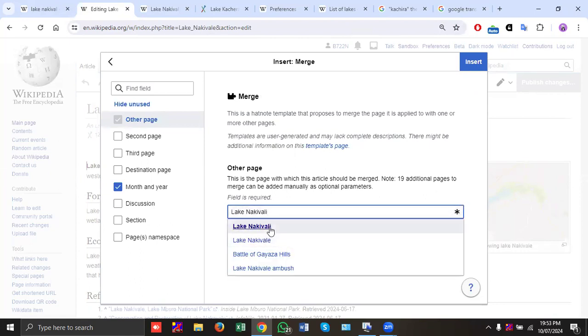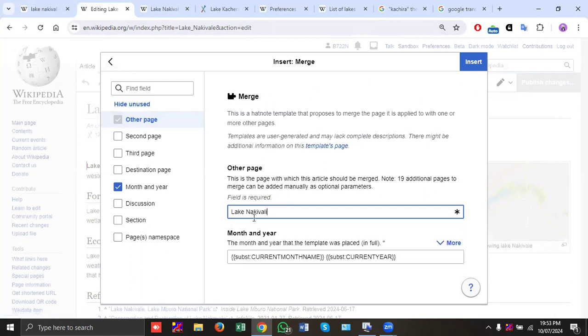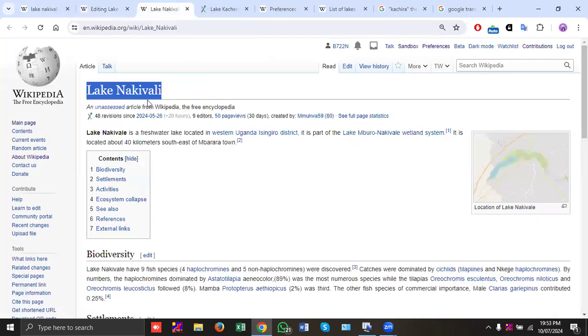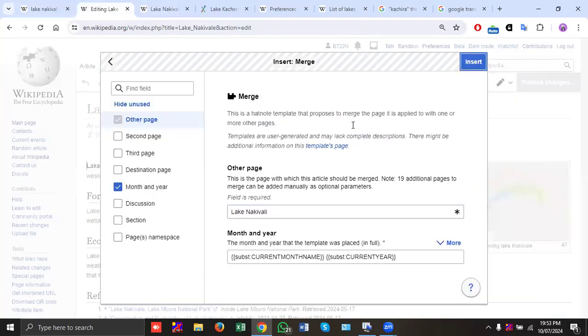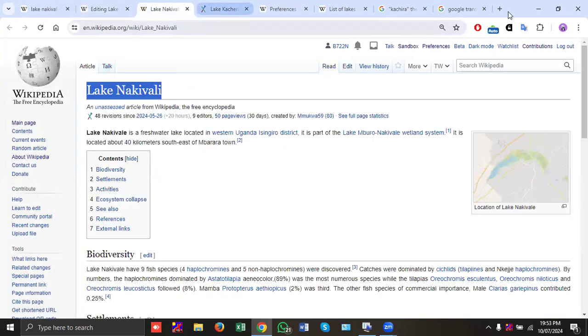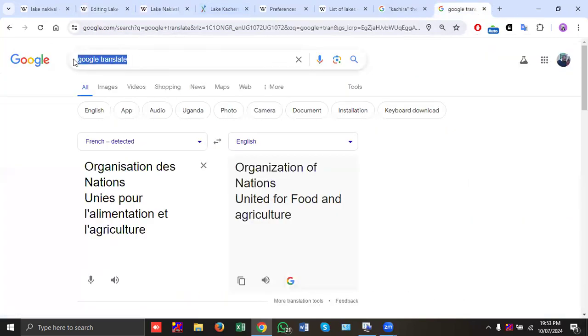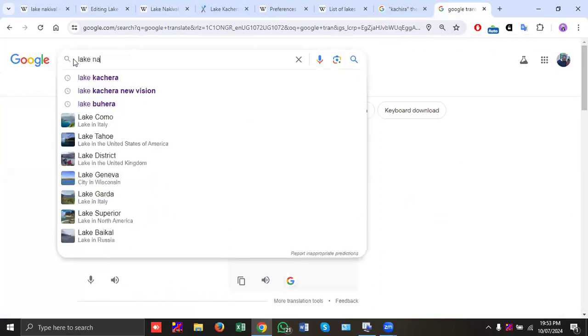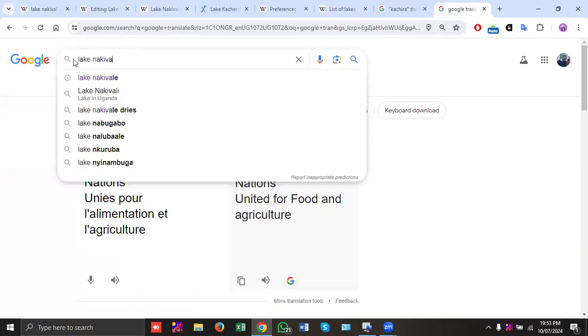Yeah, I want this one, but we need to know which article. Let me search this. Nachivali. I want this one. Sometimes, as I mentioned, you need to search for which name is most common. So if we come back to Google here and we search Lake Nachivali,